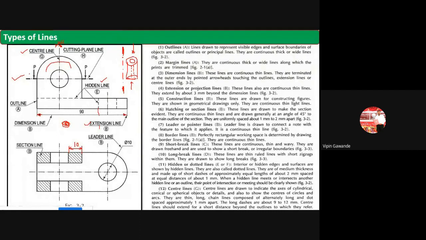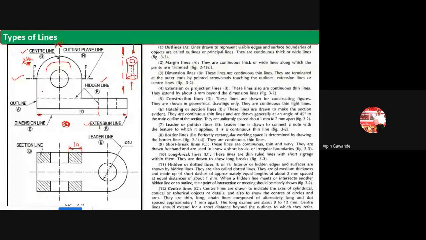So here what we have seen? We have seen the center line. Center line it is used for circles and the semicircles. Cutting plane line it is used for showing the cutting plane. Okay, it is similar to the center line, but it is thick at the ends. Direction of arrows हे काय denote करतात? It shows the direction of viewing of the observer. म्हणजे हा ऑब्झर्वर कुठून बघतोय? याला वरच्या साइडने बघतोय. Okay, so this is the arrow.